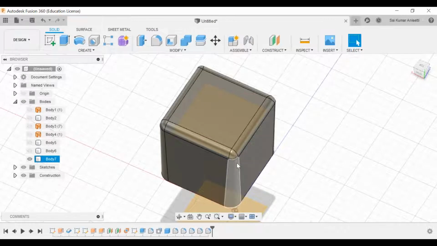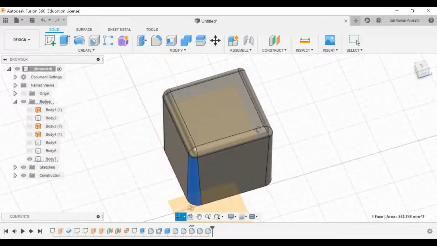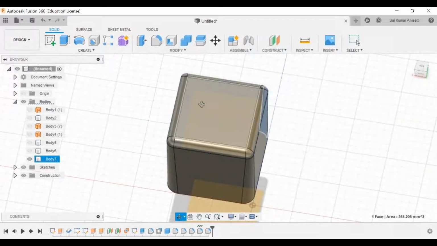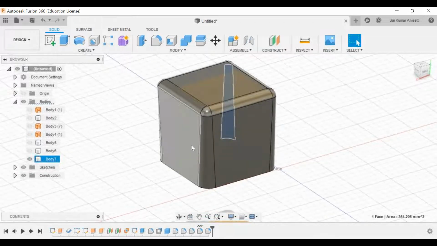So they will take the reference of your hand, and so as to accommodate the knife with respect to your hand shape, it should have a different radius at different places. So in that scenario, this type of variable fillet can be used.